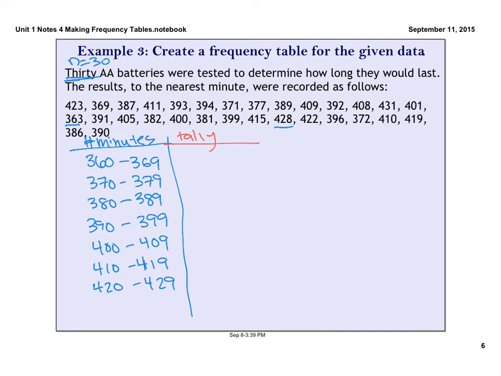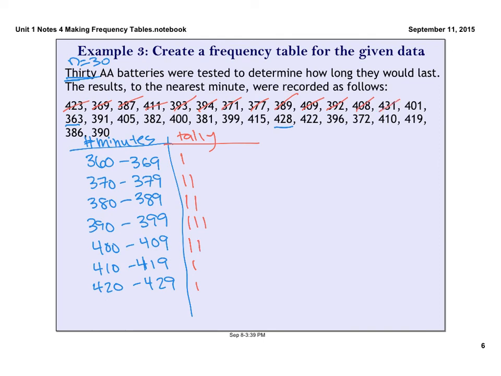All right, so let's go through our list. So 423, it's up at the top here. 369 down at the bottom, 387, 411, 393, 394, 371, 377, 389, 409, 392, 408,